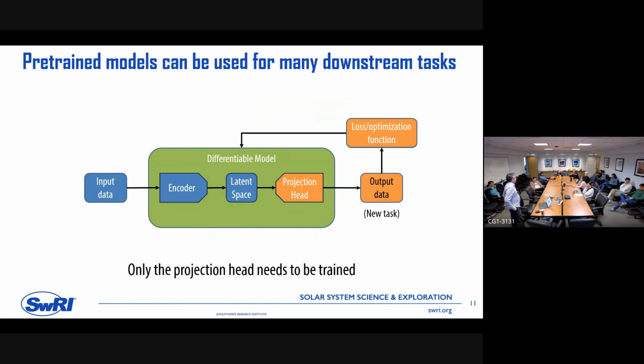Essentially, another way to think of this is you've taken the entire 20 petabyte AIA input data set and reduced it down to a latent space, which is now, let's say, 20 gigabytes or something like that of weights. So you only have to work with the latent space now, which is hopefully a good representation of the full data set. Yes. And you don't have to download 20 petabytes of data. You have to download 20 gigabytes of a latent space representation of AIA, and the data that will support your application. So if you want to do it for solar wind, you need all the solar wind data too, but that's the projection head side. That's your side. Exactly. Okay.